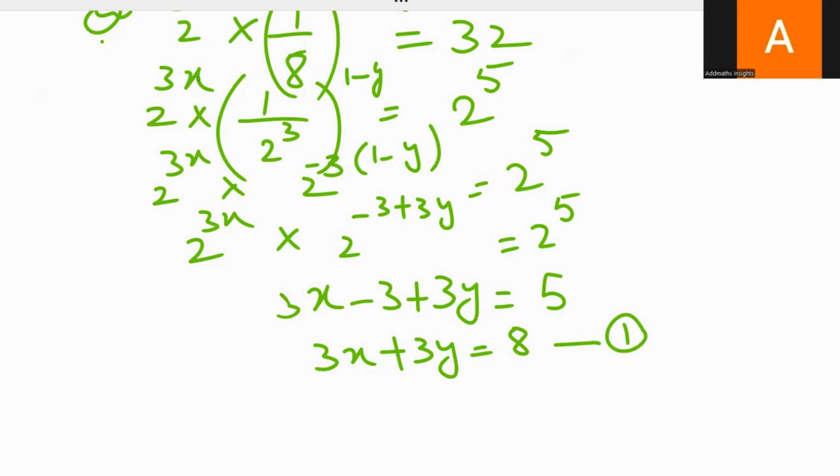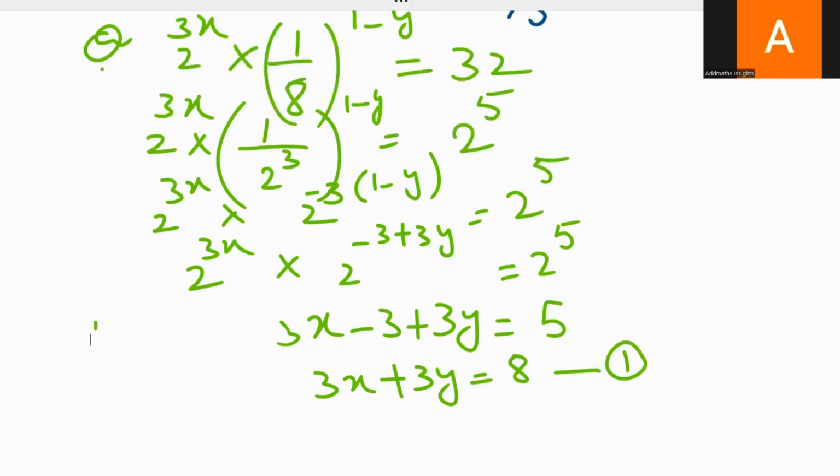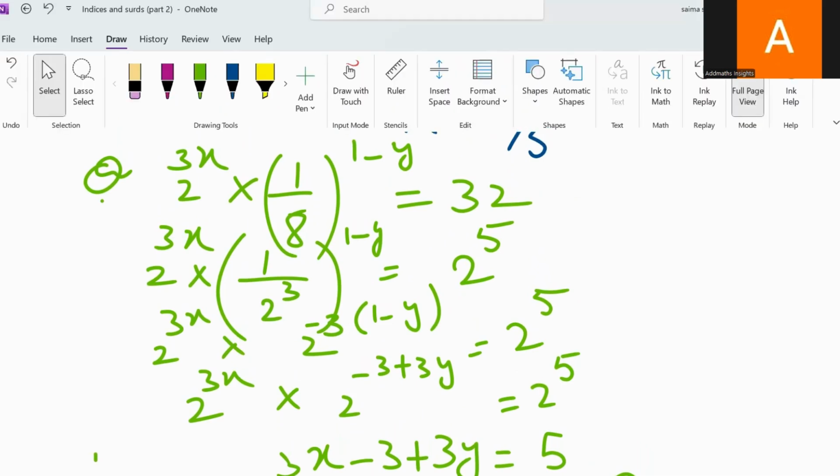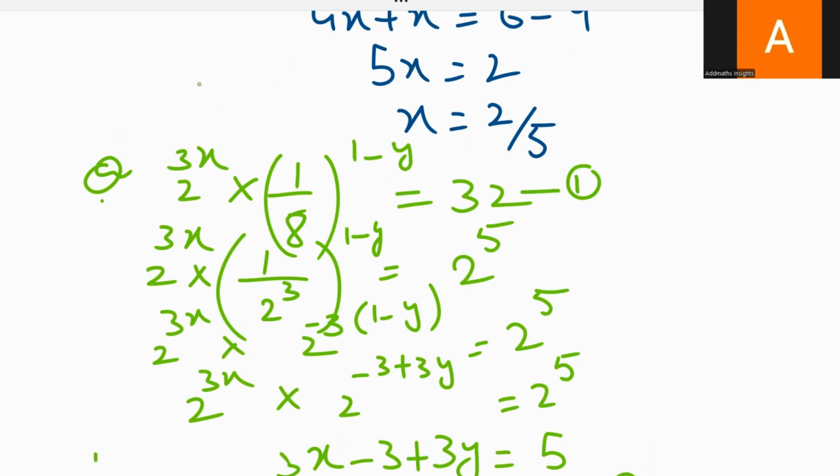There are two variables. So it means that there must be a second equation given to you as well. So yes, we have another equation as well. And basically these are called a pair of simultaneous equations given to you. Like this is equation 1. And there was another equation